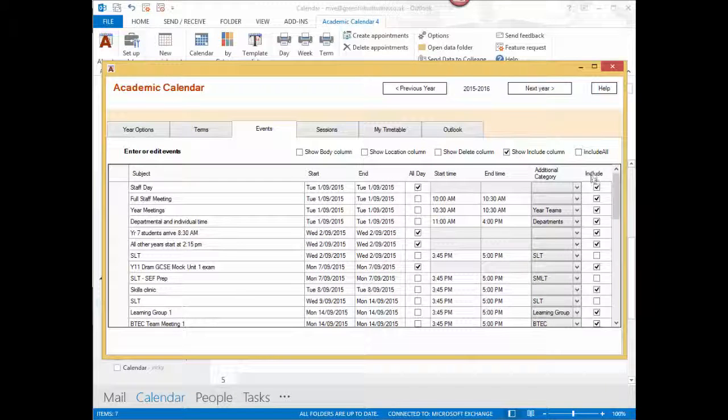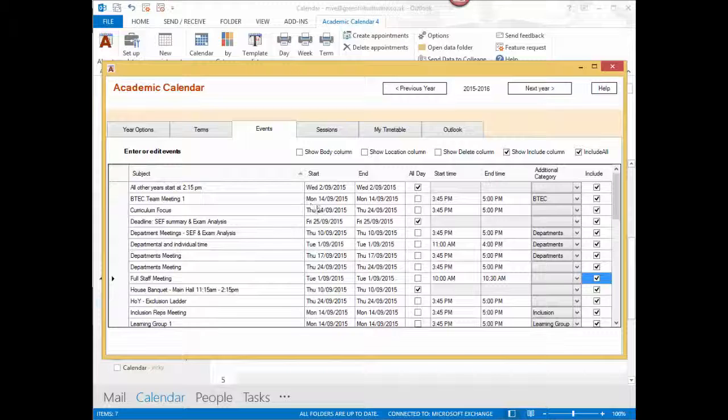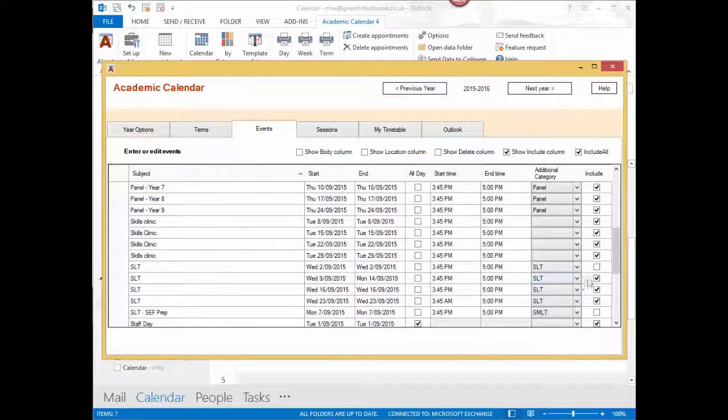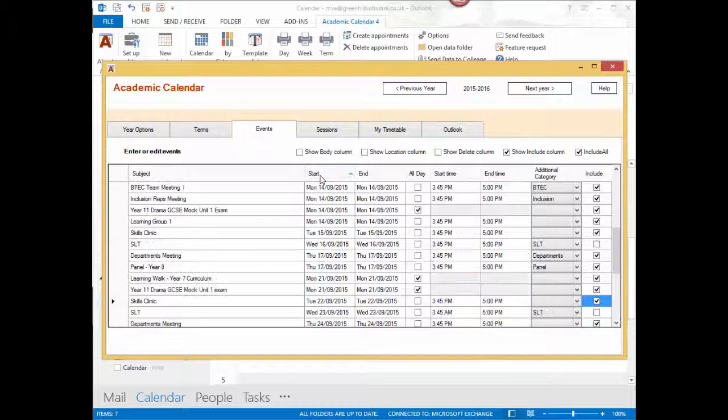An extra column has appeared here, Include, with many of the boxes ticked. I'm going to make sure they're all ticked, and then I'm just going to untick the SLT ones. Quick tip, instead of looking for them all through the rows, I'm going to click to sort on subject. That brings all the SLT ones together, so I scroll down. There they are. I can just make sure that all the SLT ones are unticked, and then I can click on Start to resort them in the proper order. Now I can close